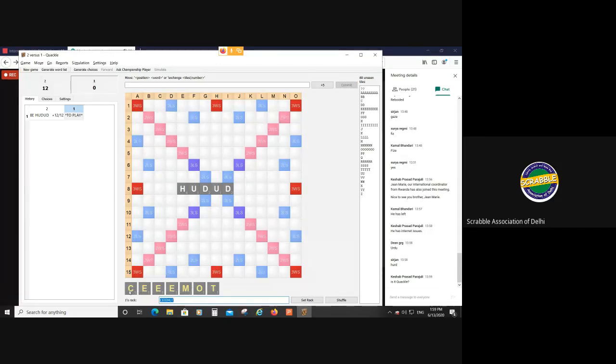So the idea is to get rid of the E's as early as possible. Okay. So what we can use anywhere. Either we can use at the H, we can use at the H, we can use at the B. We can use it anywhere to make it this way.